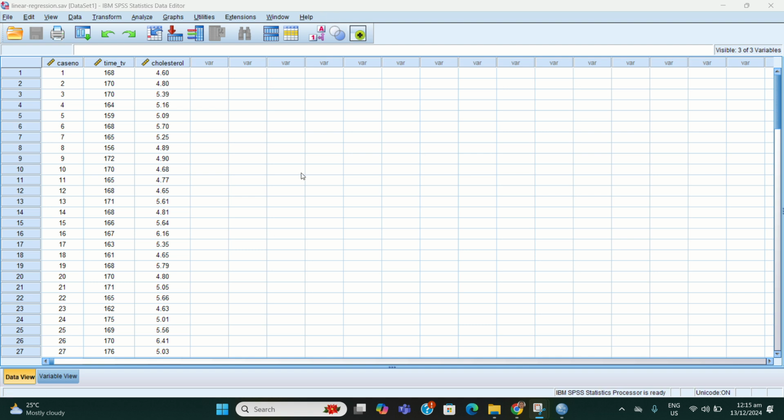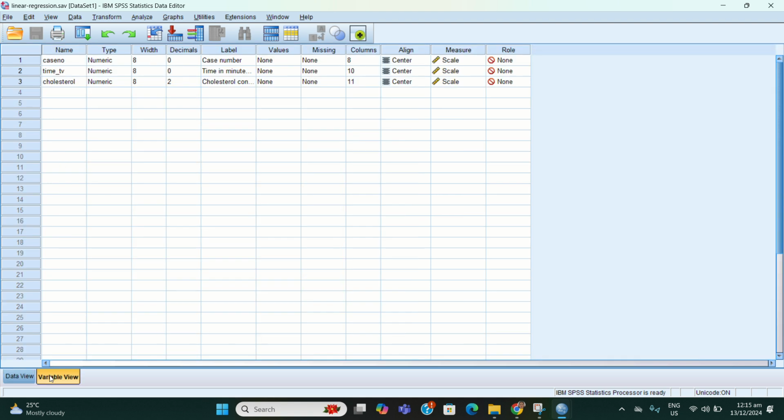The first thing we are going to do is create a scatter plot. Here I have already opened the data set. This is the data view. This is the variable view.